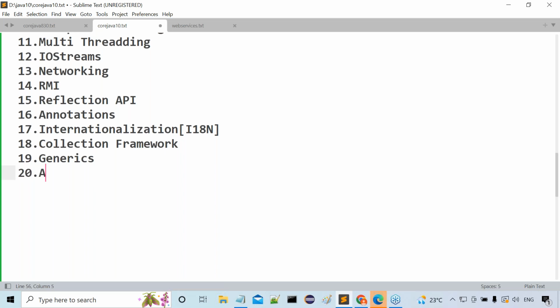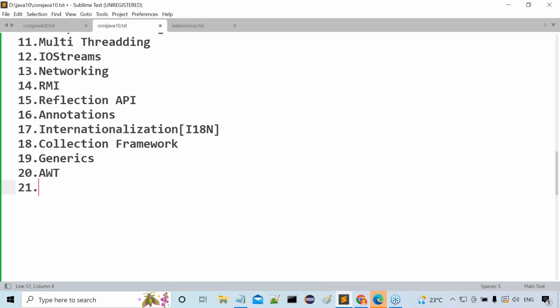Some GUI part. GUI, graphical user interface. But actually, this is an outdated topic. But in the future, its internal concepts we require. Because of that reason, I'm just going to discuss this GUI part. Actually, it's outdated. Here itself, I'm confirming that it's not mandatory to discuss. It's an outdated topic, but its internal concepts we require in the future. Because of that reason, we are discussing that.